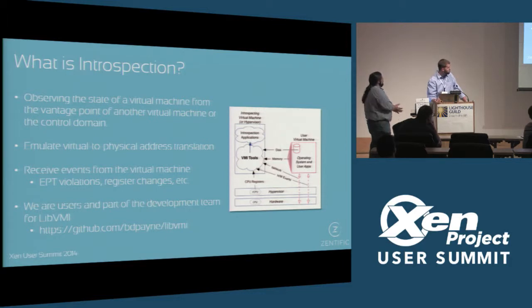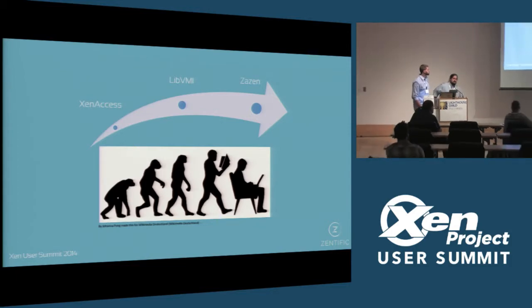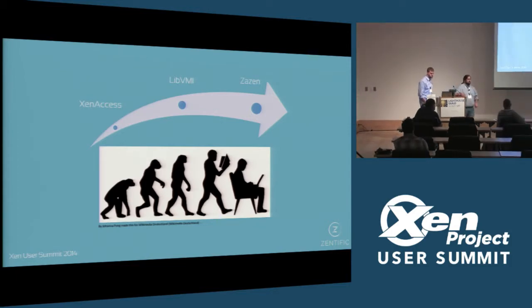And like we've said, the libVMI project was really the cornerstone of what we built this on. And this kind of goes back to the days of XenAccess. And I'll let you. Yeah. So in 2008, there was a VM introspection project. It didn't go anywhere in the Xen community necessarily, but it's simply because I think the research hadn't quite advanced enough to bring us where we are today.